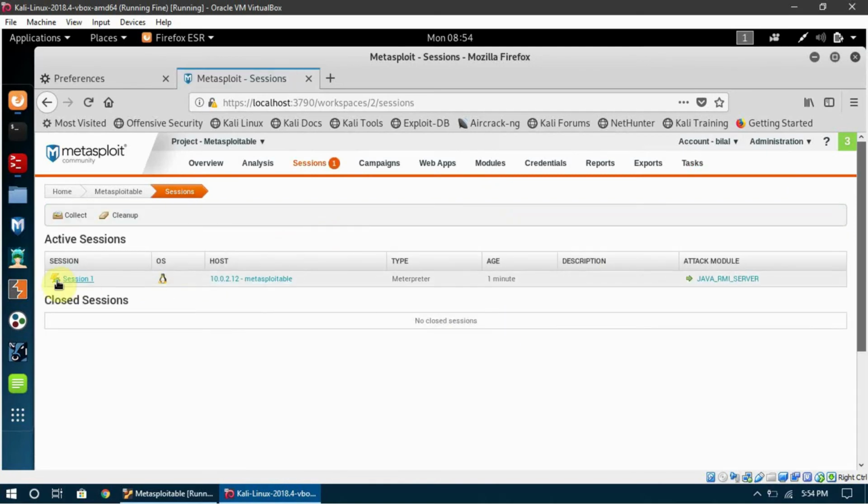Here you can see that there is a session open, the operating system is Linux, the host is Metasploitable 10.0.2.12, the type is Meterpreter, and the attack module was Java RMI server, which it used to exploit the vulnerability. I can click on session 1, and it will open some more options, the things I can actually do with the Metasploitable machine, the victim machine, using the session I have opened.